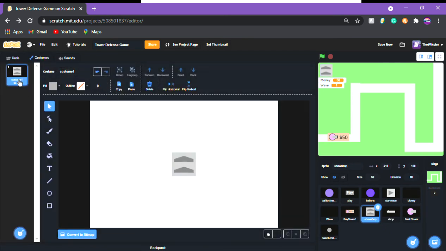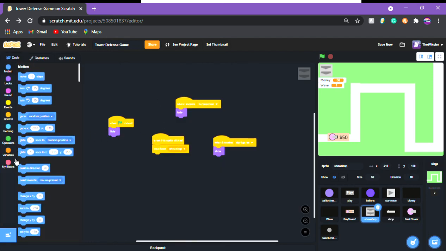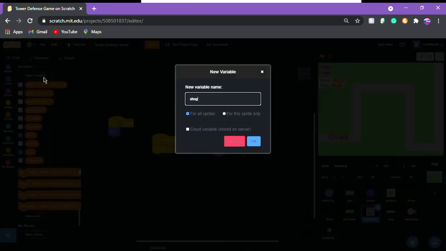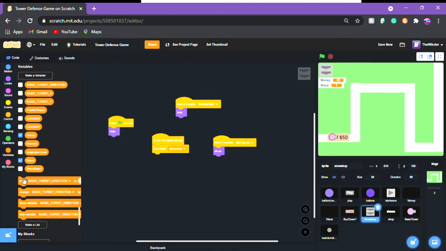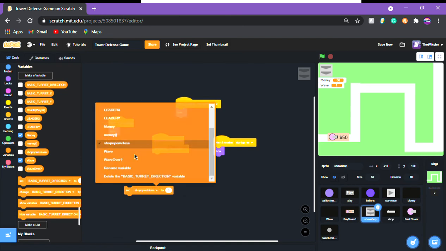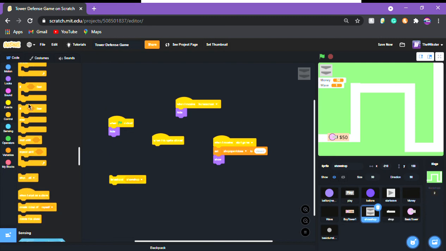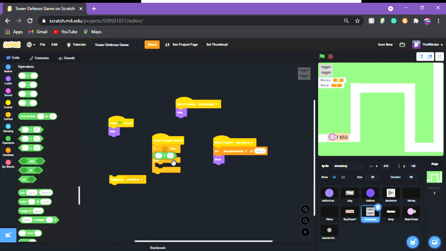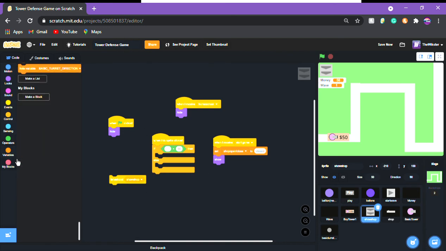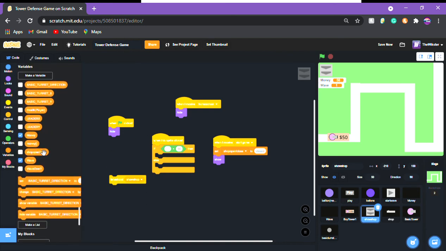We're actually first gonna duplicate this. We're gonna grab it and flip it. And we're gonna do when this sprite is clicked, broadcast show shop. We're gonna make a new variable and call it shop open/close. So we're gonna make this. We're gonna set shop open/close to close when green flag is clicked. And when this sprite is clicked, we're gonna get an if-else statement and an equals. We're gonna put if shop open/close equals close,